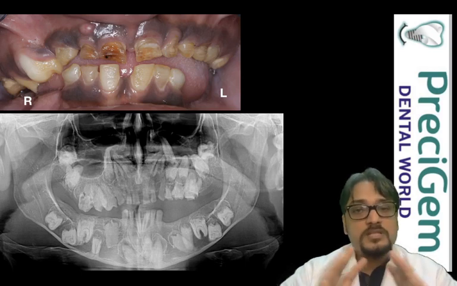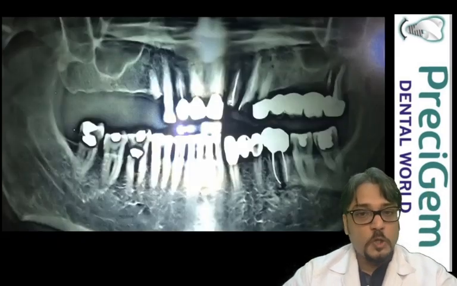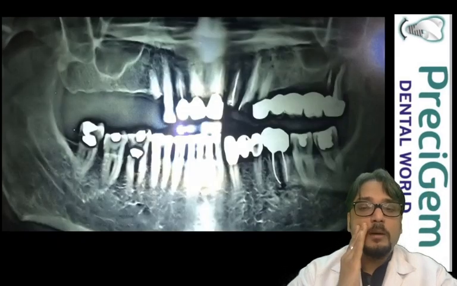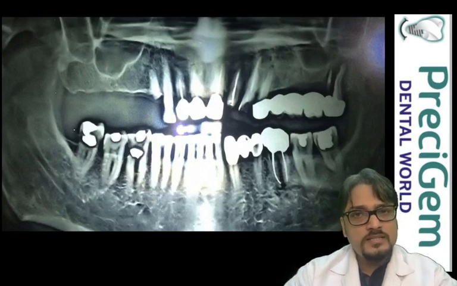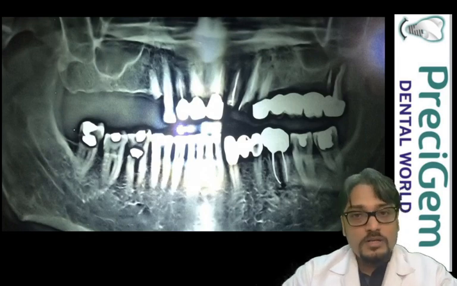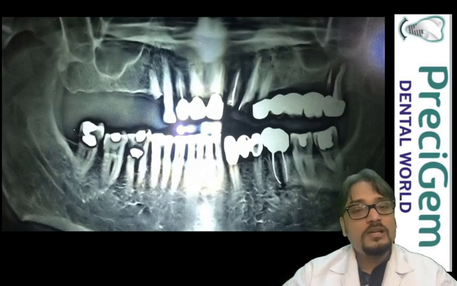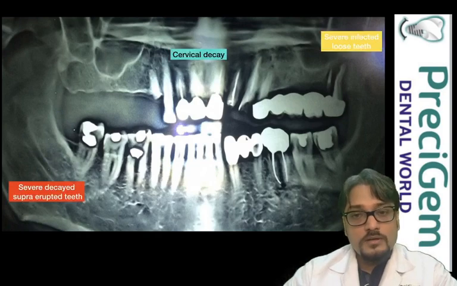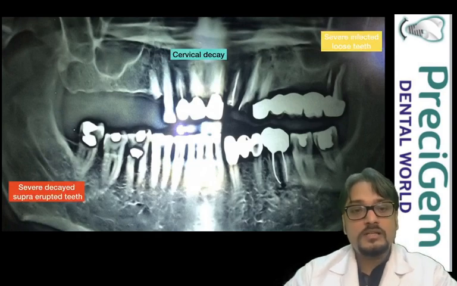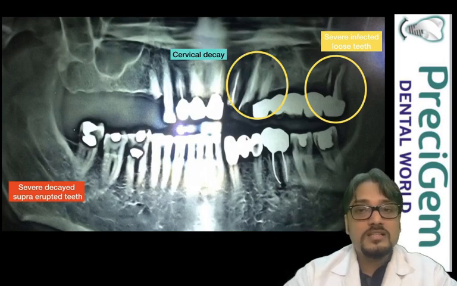Once the OPG X-ray is reviewed, we recommend the patient take a CBCT X-ray to see the third dimension. Again, this patient lost his upper right-hand side teeth. He said, I want only replacement of the right-hand side teeth, only those are missing. When we told him to take the dental OPG X-ray, we found that all his teeth were compromised, and he only had a desire to replace his right-hand side. If you see, there are many severely infected teeth, many teeth were supra-erupted, there was decay below the crowns, and in this yellow circle you can see these teeth are slightly mobile.